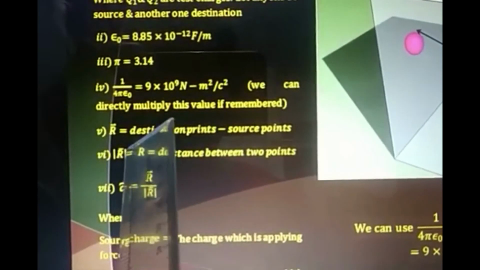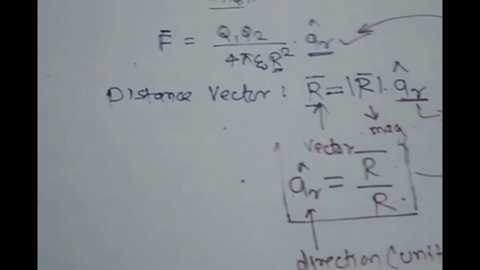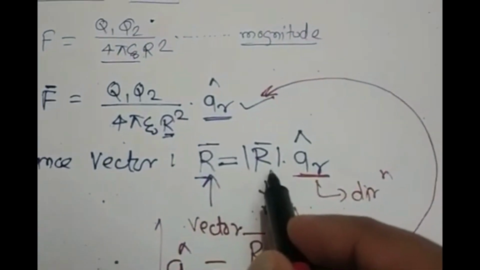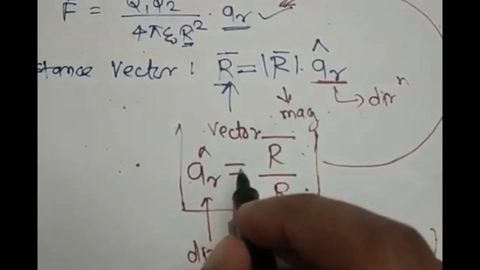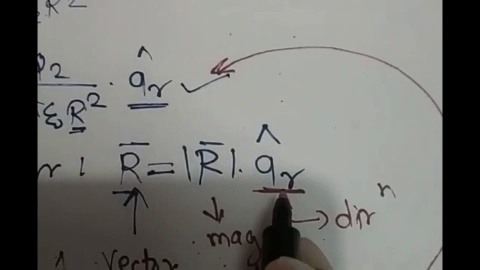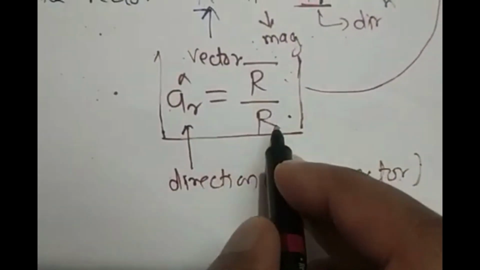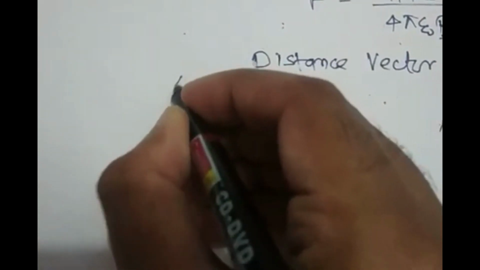And this particular vector r bar, we have discussed about it. Vector r bar is a combination of magnitude and direction. So from here the direction we can write as r bar by r. Now, if we consider that,